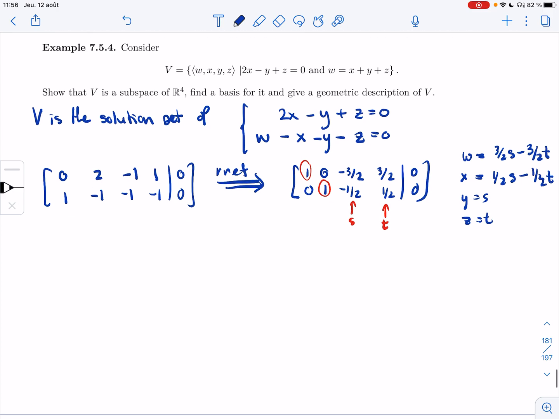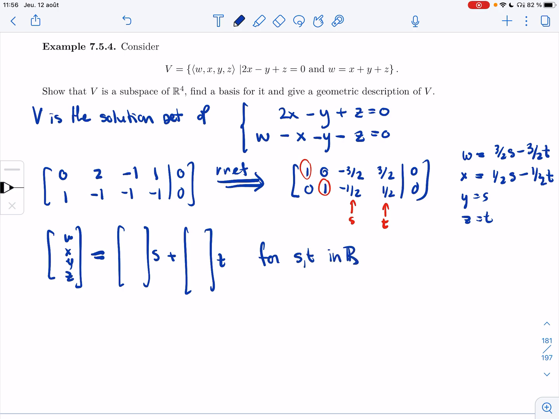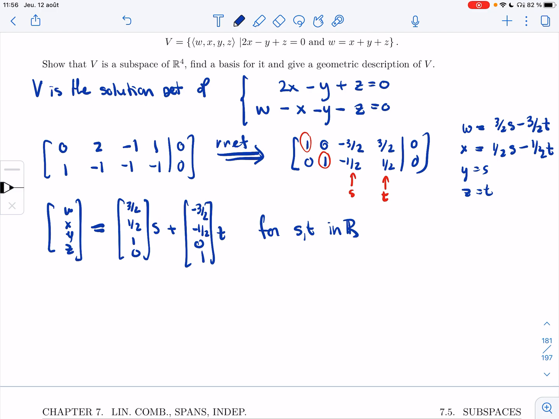So what I get is that (w, x, y, z) is a vector times s plus a vector times t for s and t in R. So I get (3 halves, 1 half, 1, 0) and (minus 3 halves, minus 1 half, 0, 1). And so what I get is that V is the span of these two vectors,